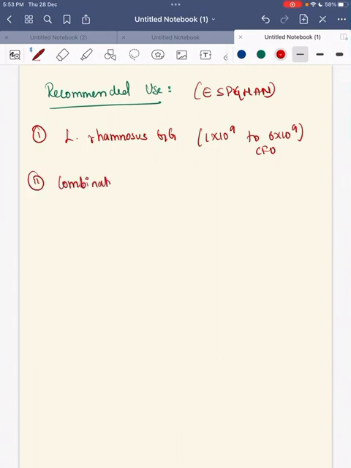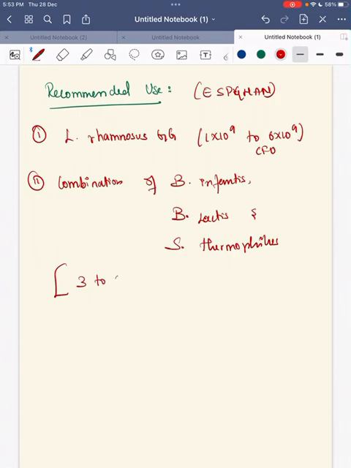Second, a combination of Bifidobacterium infantis, Bifidobacterium lactis, and Streptococcus thermophilus can be used at a dose of 3